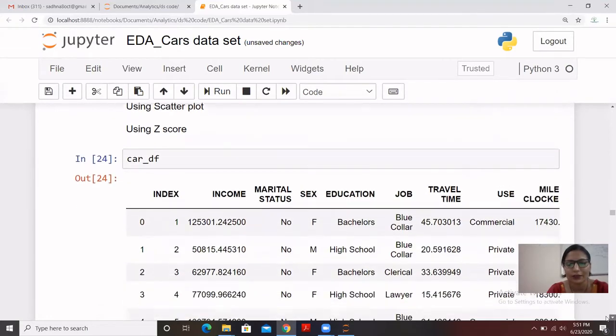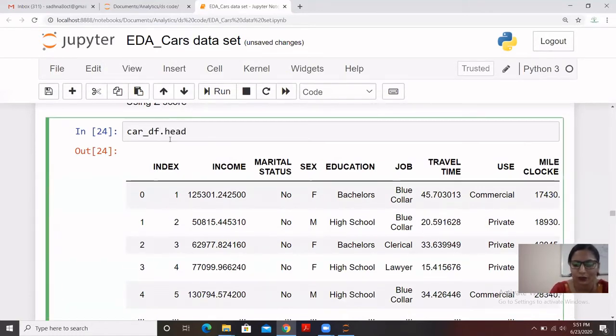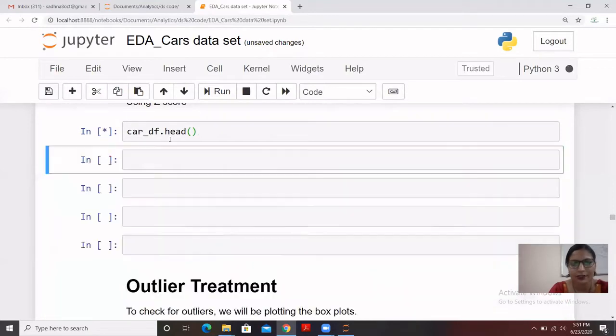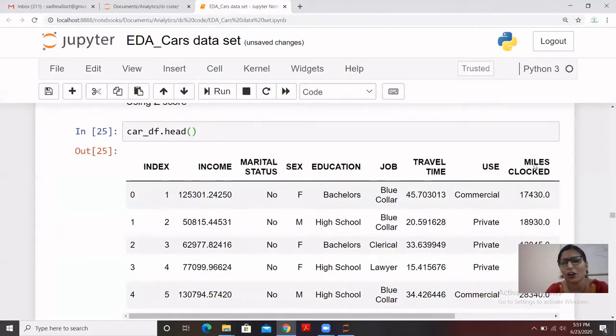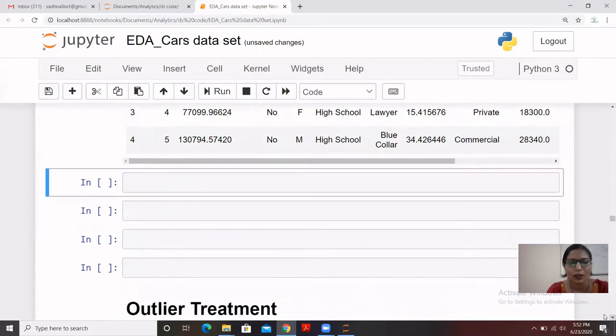So this is our data. Here I need to check whether we have outliers in our data or not. So let me put head so that I can have the first 5 rows of the data. So here it is. I need to check for different columns whether we do have outliers in the data set or not. So the technique which I'm going to apply here is the box plot. A box plot is the visualization method which Python provides, in which you can check the data points which are different from the whisker, or you can say the box plot. So let me create that box plot first, then I'll explain the outlier part.